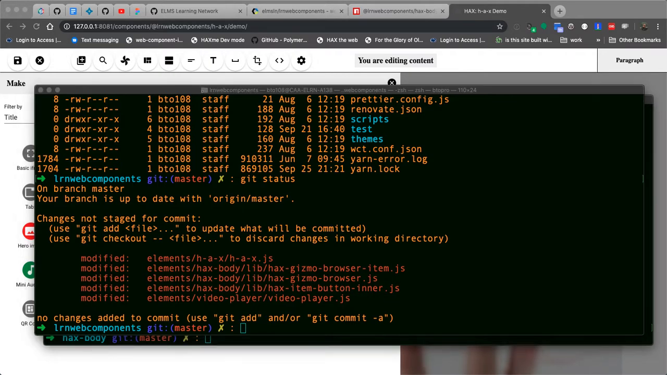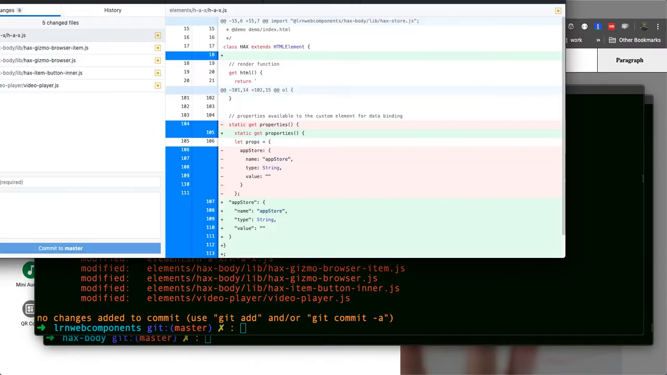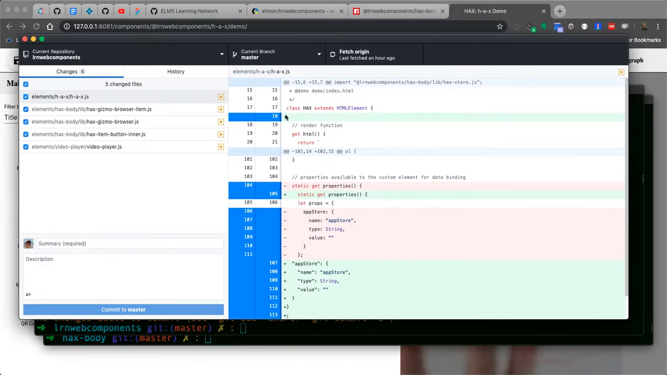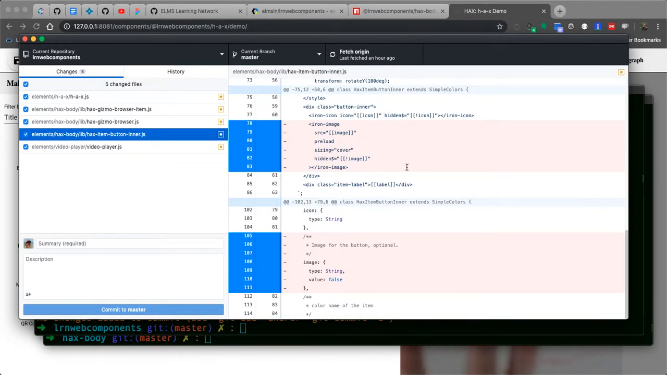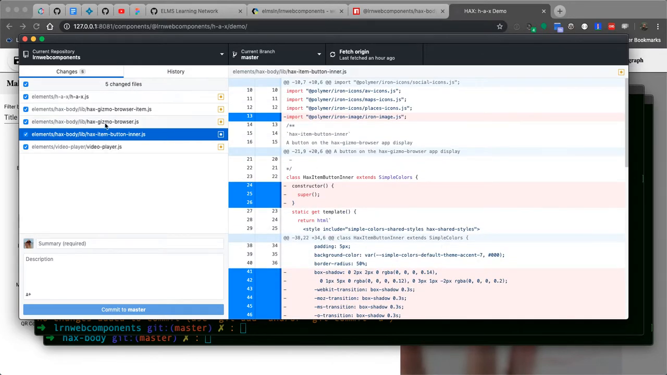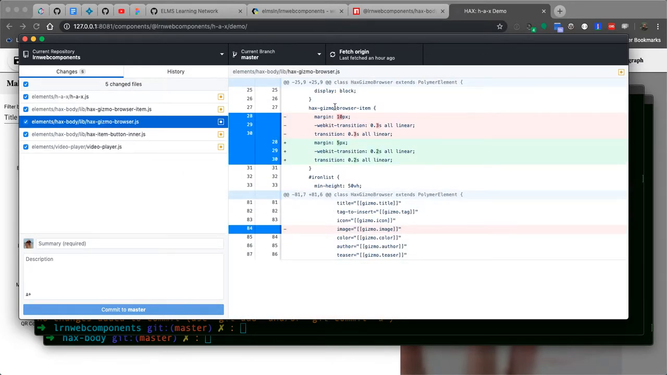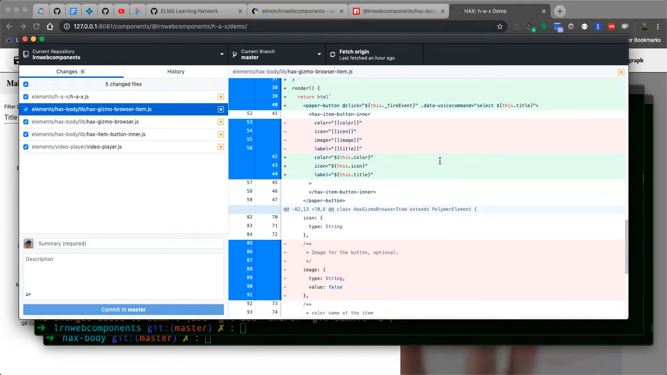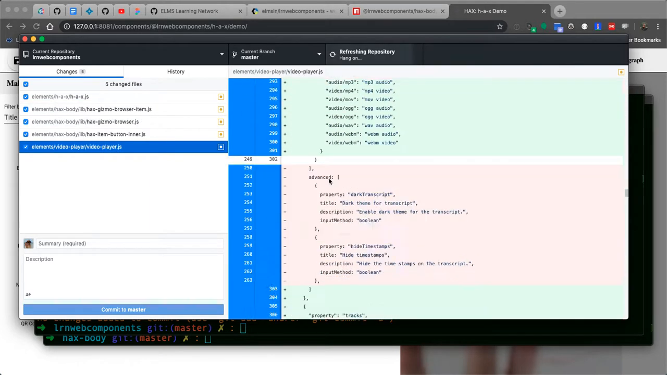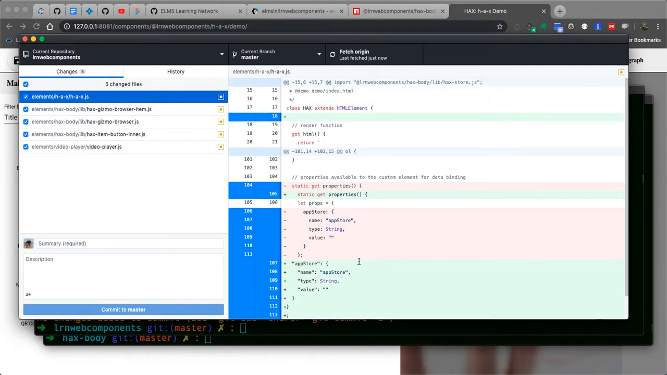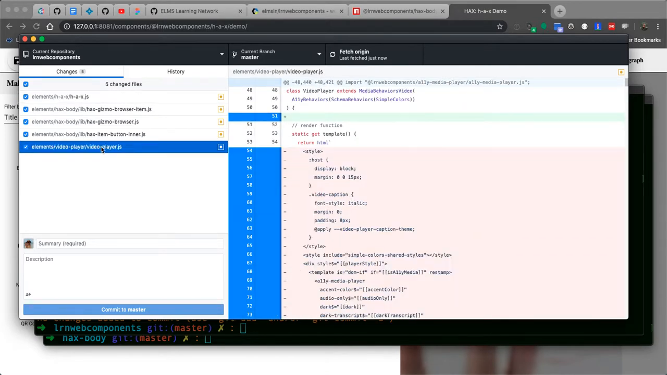So just to visualize those, I'm going to fire up GitHub GUI, and you can see, right, there's the changes. I dropped iron image as a dependency here, tweaked some CSS, drastically simplified the way that one works, minor tweak in the Gizmo browser for consistency, and then fairly major rewrite of just the Hex Gizmo browser item element in this case. Video player and HAX.js, those just had updates because of, I ran the demo basically, and it changed some lines basically. So